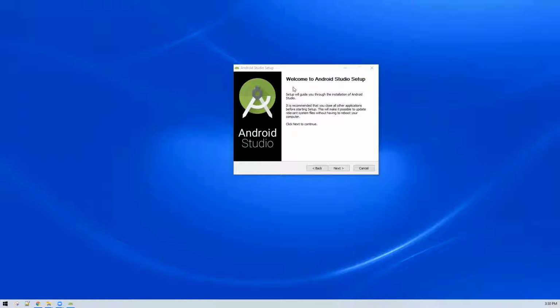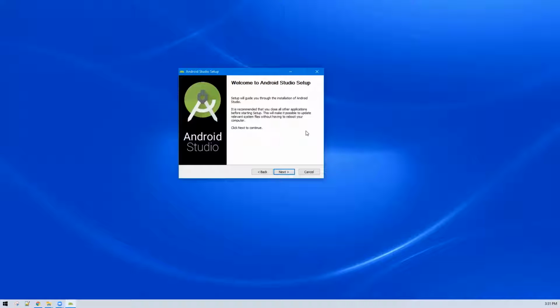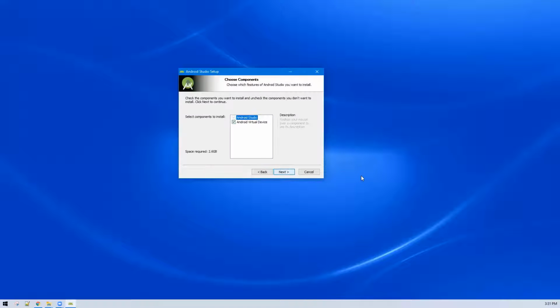So you will get this welcome to Android Studio setup screen first thing after you double click on the exe file. Now here click next to continue.